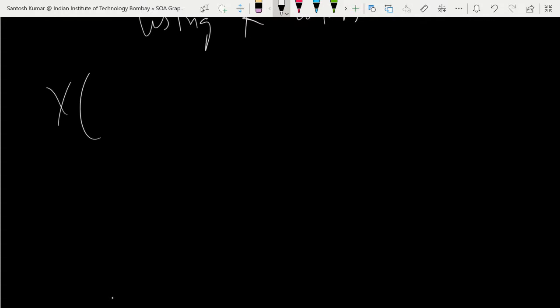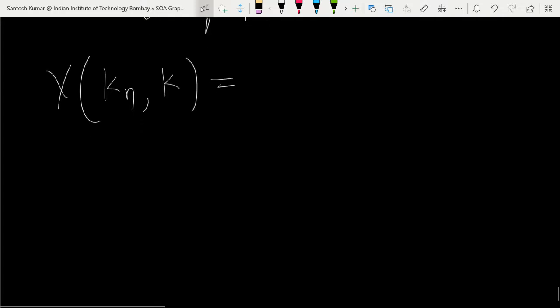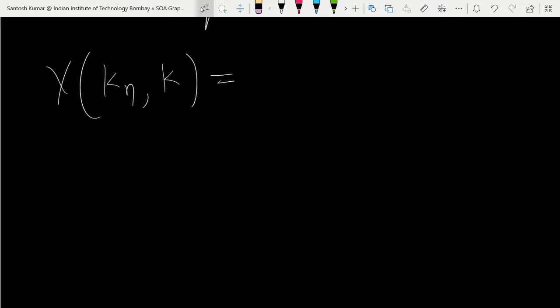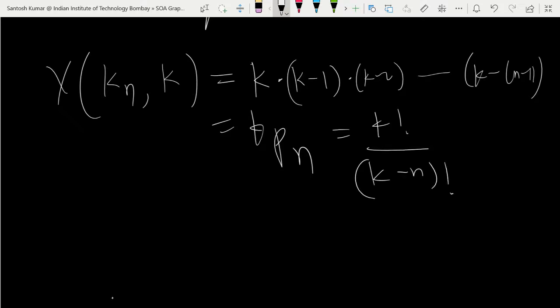The number of proper colorings of graph Kn using k colors. So what was it? Do you remember? Kn is a complete graph of order n, and we have k different colors. For the first vertex we have k choices of colors. For the second vertex we have k minus 1 choices. For the third vertex we have k minus 2, and it was k minus n plus 1 for the last, that was k factorial upon k minus n factorial. Obviously here n must be less than or equal to k.